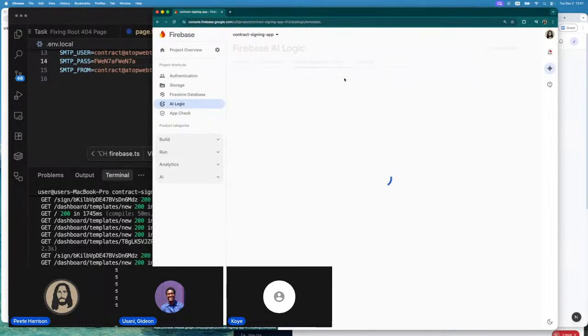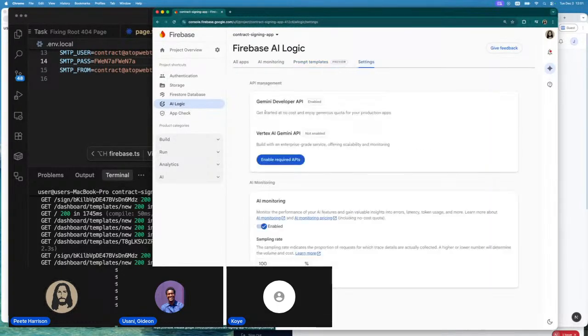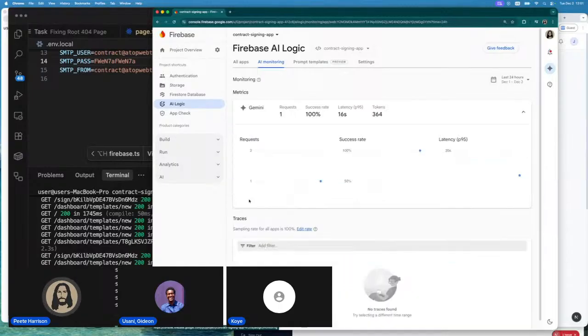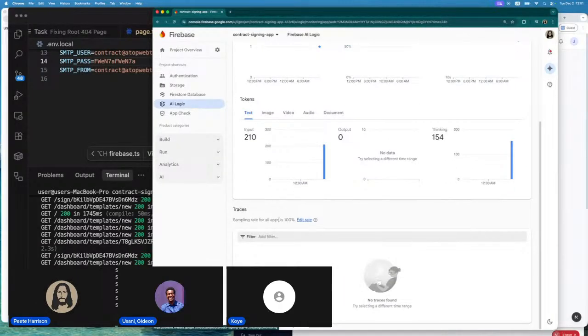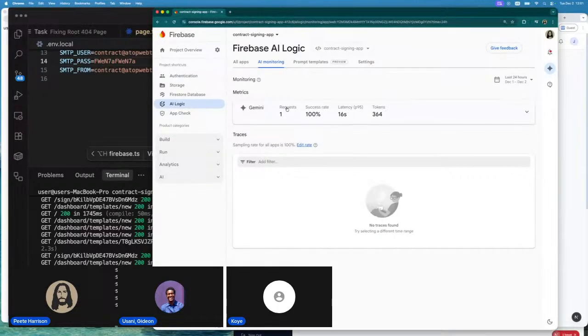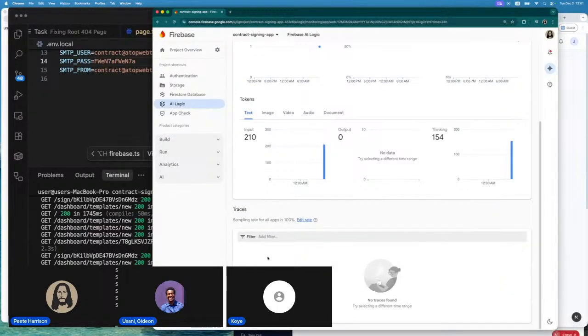It's not traced. No, we don't have any prompt template yet. Monitor is enabled. Are you positive? Okay, yeah, we have one request. So where is the